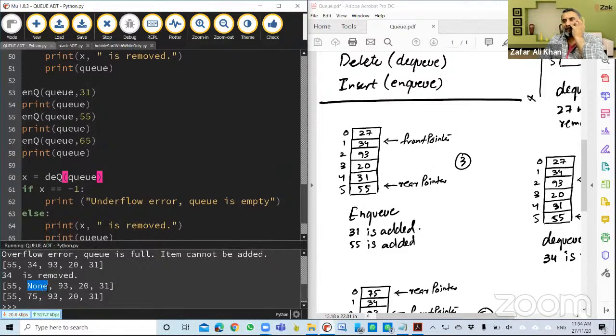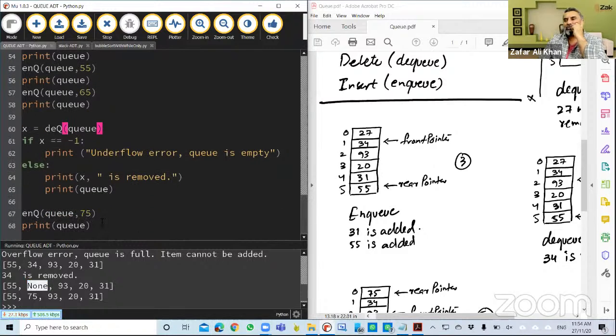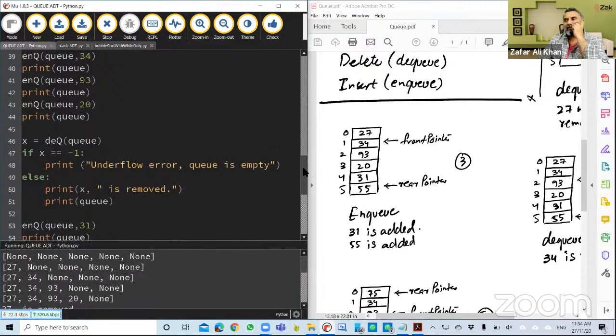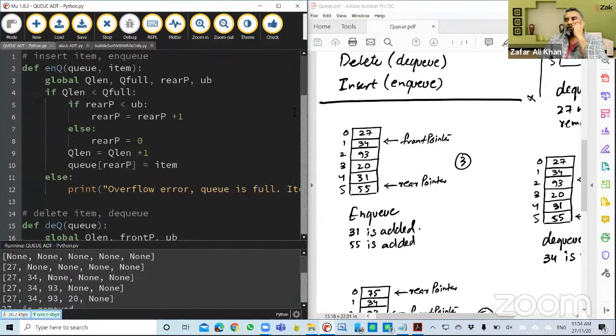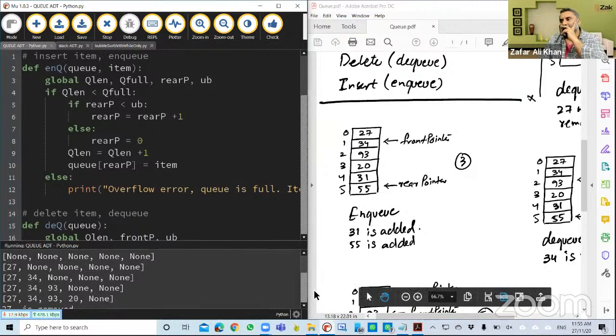It has been replaced with None. Now this one space is available, so we can add one more item to it. We added 75, and 75 has replaced it. So the rear pointer is at this one and the front pointer is at this position. The whole code works very well, and there is no discrepancy to it. I invite you to write that adjusting queue code by yourself so that you have a good idea of these queue data structures, ADT. So that's about it for